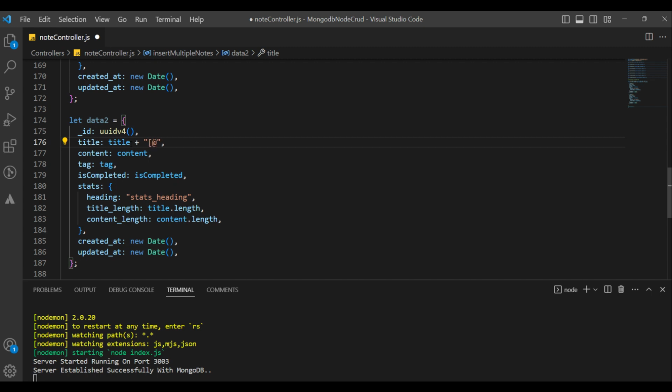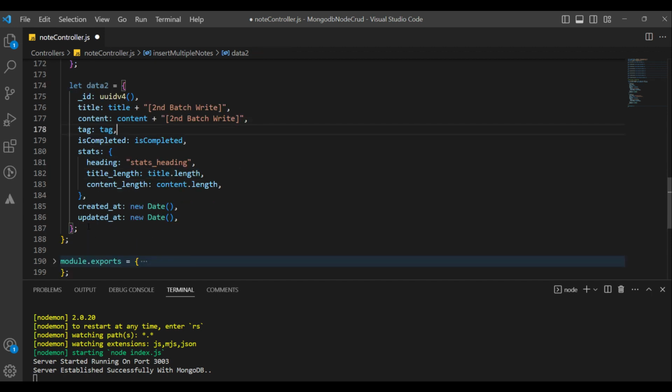We will call it second batch, right? Here in the content, simply so that we can differentiate that this is from the batch update, right? Give the colon, and after that, in the same way, let's prepare